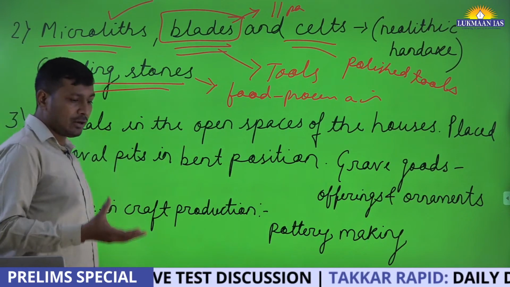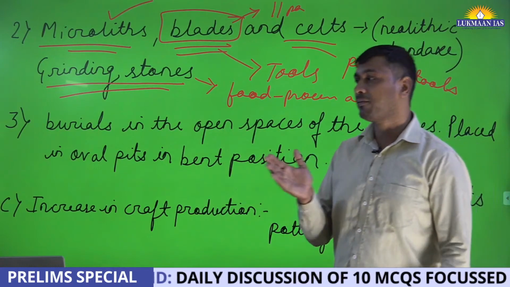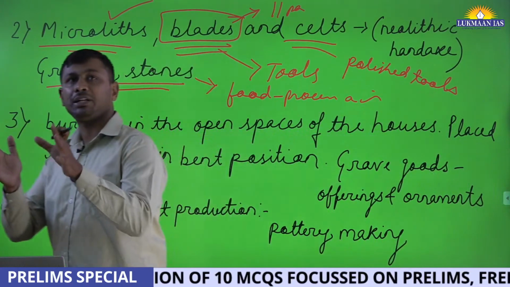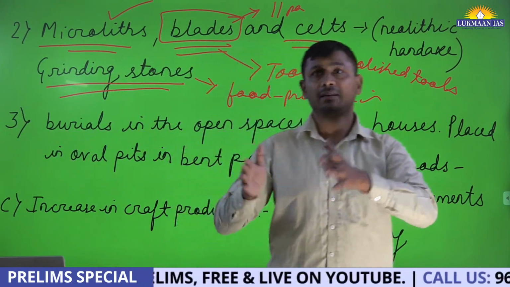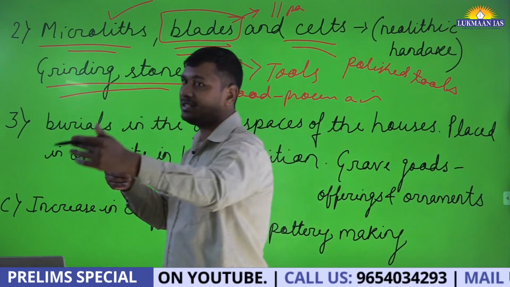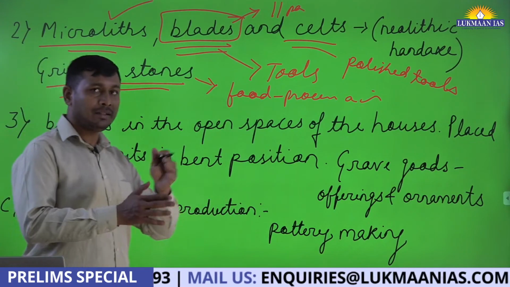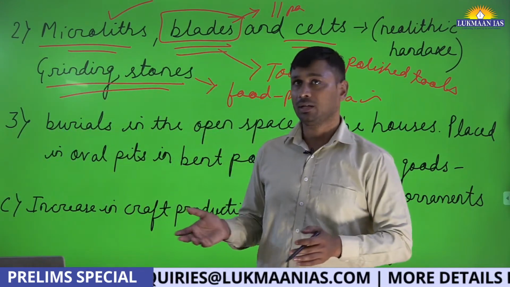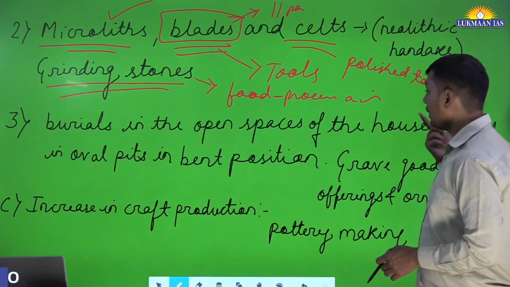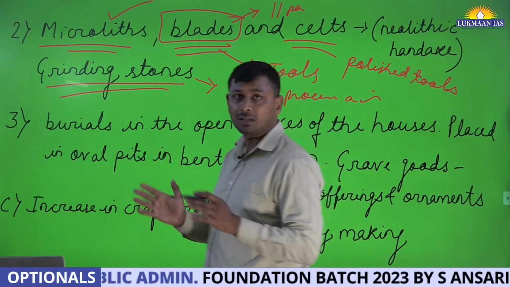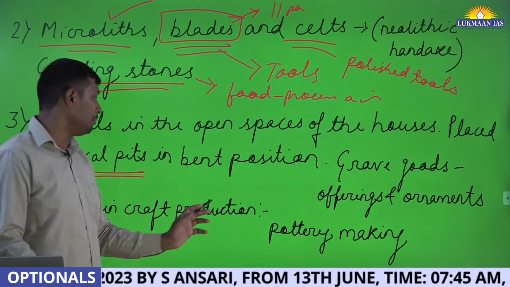Generally, at some of the other sites, for the previous periods, we find that the living space and the burial space were different. One area was fixed for burial and one was for residence. But now what we find is that even within the houses themselves, burials are coming out, basically in the open space of the houses. The shape of the pit is basically oval, and the body is kept in a bent position,